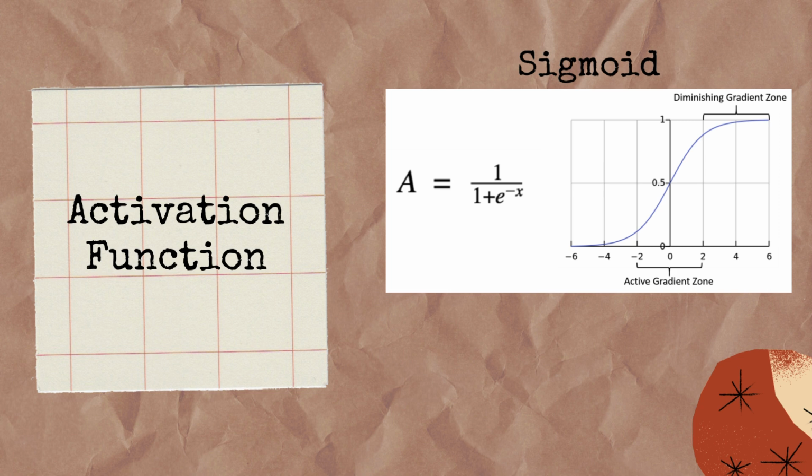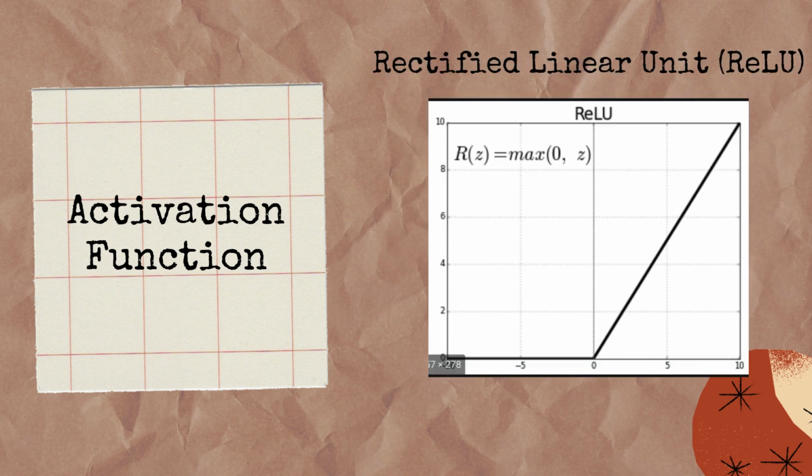And this could be useful in certain situations. There is also the ReLU activation function, which stands for rectified linear unit. It's a pretty simple function. It's just max of 0 and the input. So as long as it's greater than 0, it makes